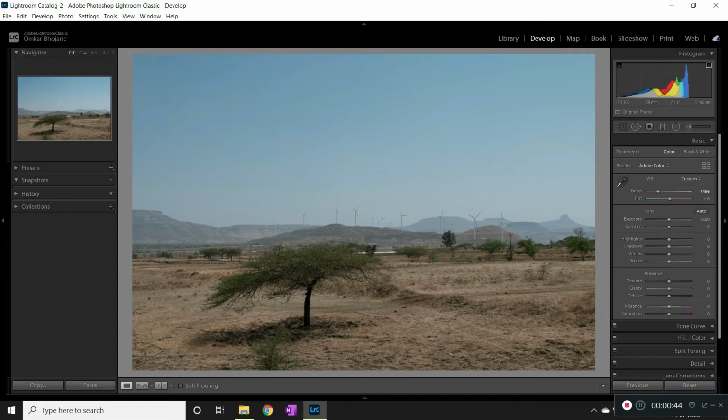Yes, that looks great. I won't be touching the exposure and contrast over here. We'll be playing with the curves later on. So right now I won't be touching contrast and exposure. Here I'll just try to decrease the highlights a bit and check if it works well. When I decrease the highlights, the sky turns blue, and that is perfect. That is what we want in this image.